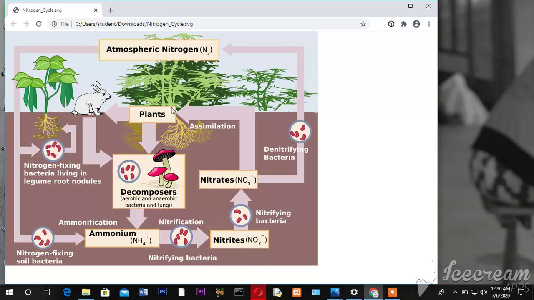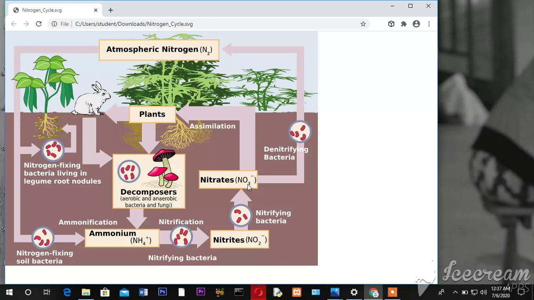When the plant gets decomposed, this nitrogen will go back into the atmosphere. How? There are also other bacteria that we call denitrifying bacteria. The denitrifying bacteria will convert the nitrates into nitrogen, and this nitrogen will go back into the atmosphere,